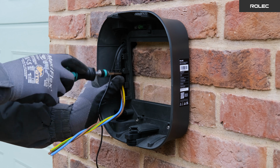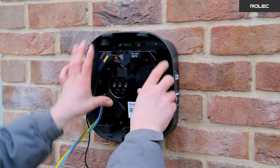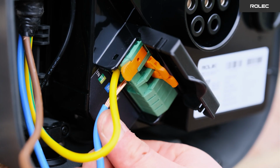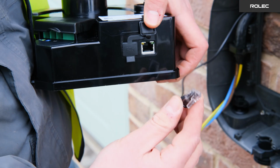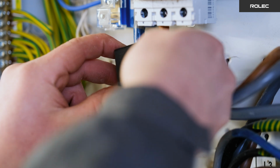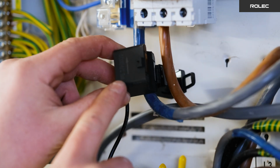Secure the cables using the strain relief clip in the housing. Then insert the module until you hear it click into place. Lift the terminal cover and connect the power cables to the appropriate terminals using the connector blocks. For load balancing or Ethernet, connect the appropriate cable to the module's base. Attach the CT clamp to the live cable between the meter and consumer unit, ensuring the arrow points toward the